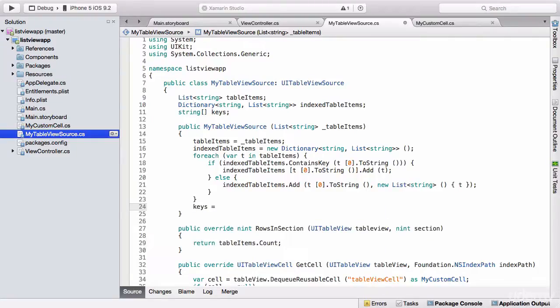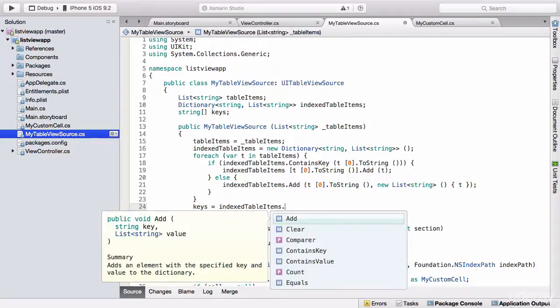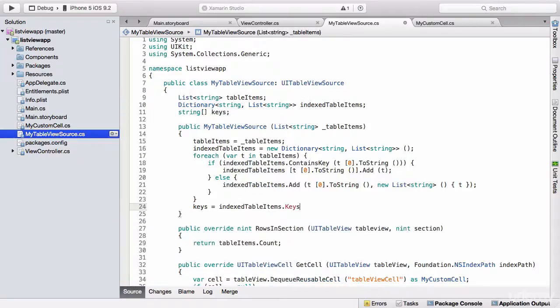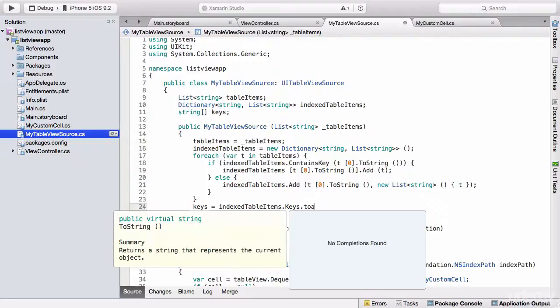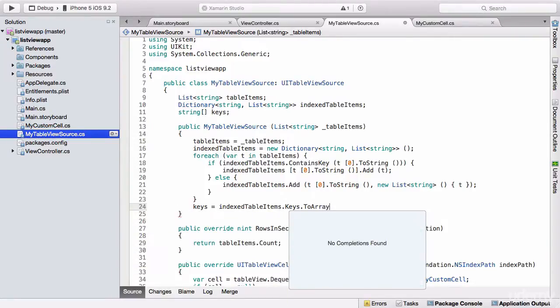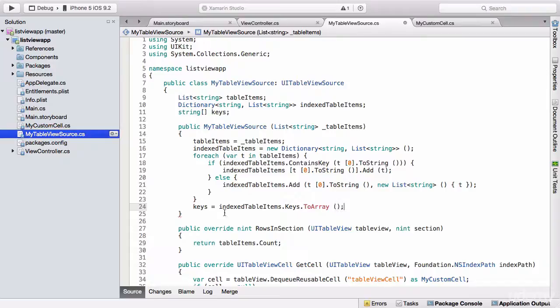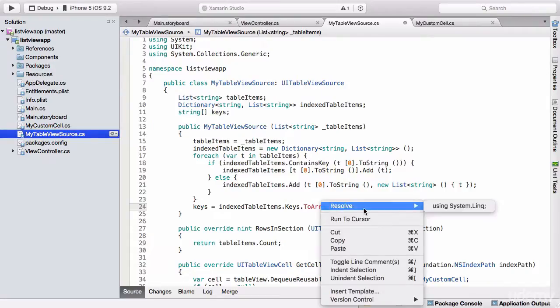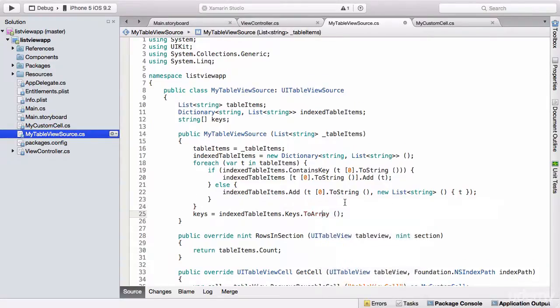Keys is equal to index table items dot keys dot to array, and want to right click to array and include the system link. Okay, so now we have our keys, and we're going to see why we need those in a little while. At the moment we have a dictionary,